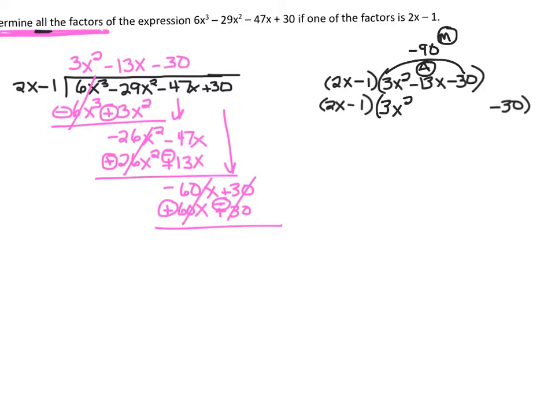All right, well, if they multiply to negative 90, they're going to have different signs. So one of them is going to be negative, and the other one's going to be positive. And you may have to do a little trial and error to see what works. Remember, we learned to,